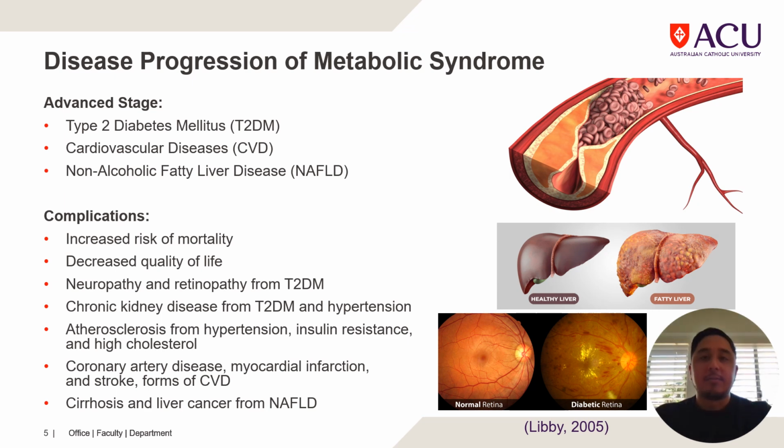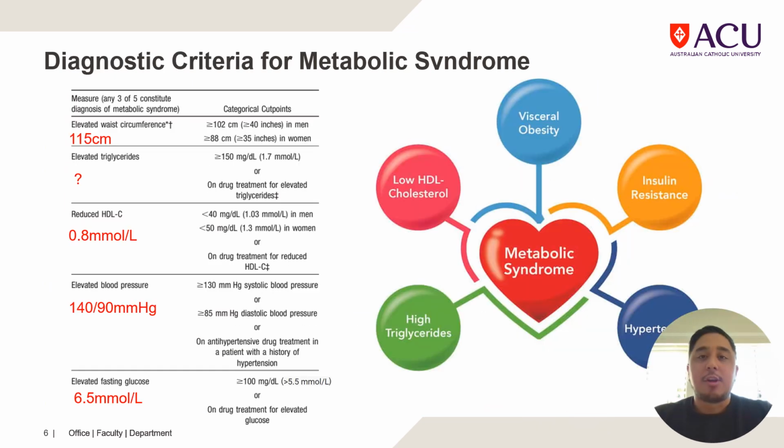cirrhosis, and liver cancer. In Mandy's case, her results show the following: a high waist circumference of 115 centimeters, which is above the 88 centimeter criteria for women for metabolic syndrome, a low HDL cholesterol amount of 0.8 millimoles per liter, which is below the criteria of 1.3 millimoles per liter, a second factor for metabolic syndrome,